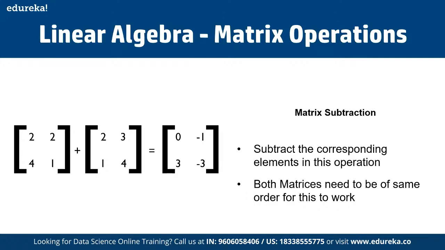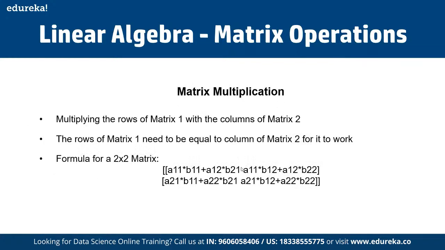So here we can subtract the corresponding elements in this operation. Like we have 2, 2, 4, 1, and 2, 3, 1, 4. If you subtract this, 2 minus 2 is going to be 0, 2 minus 3 is going to be minus 1, 4 minus 1 is going to be 3, and 1 minus 4 is going to be minus 3 as well, right? And then in terms of matrix multiplication, we are going to multiply the rows of